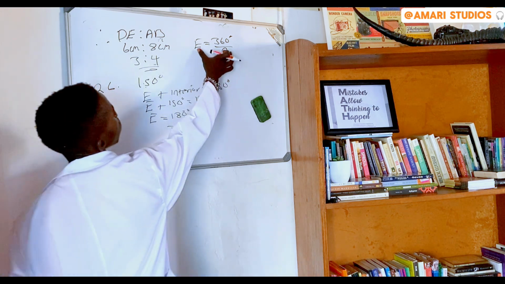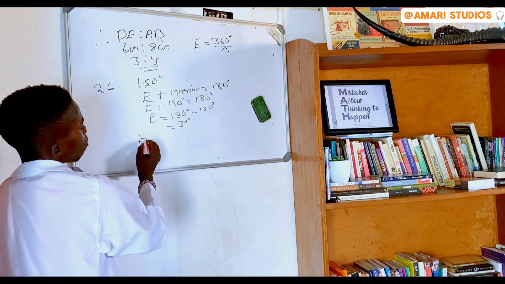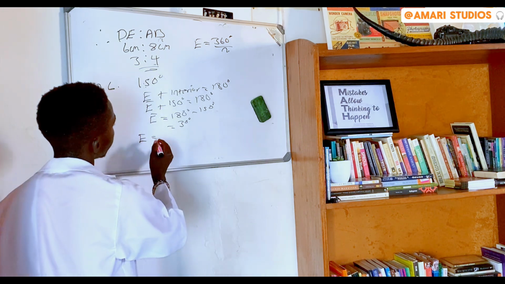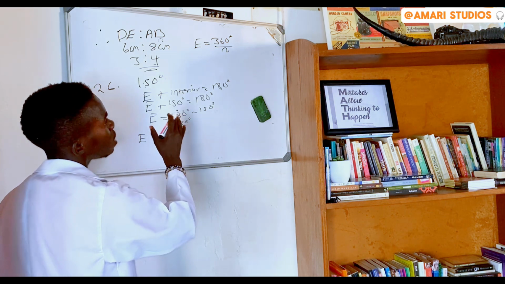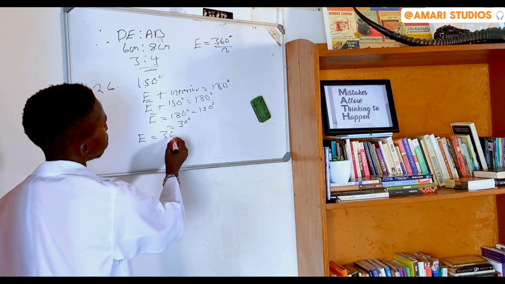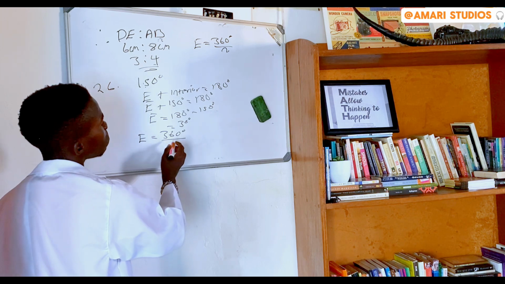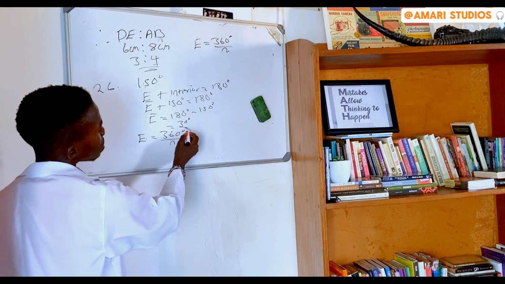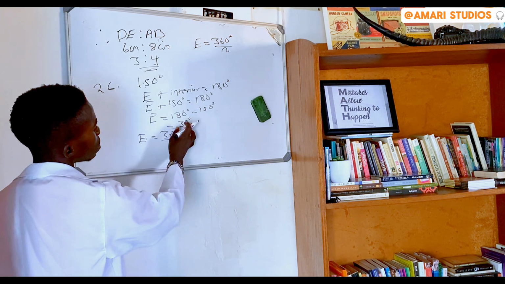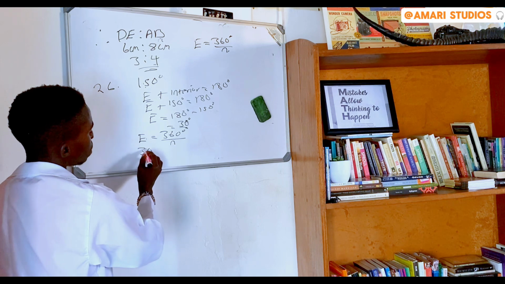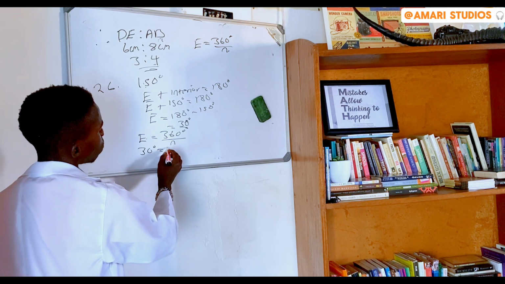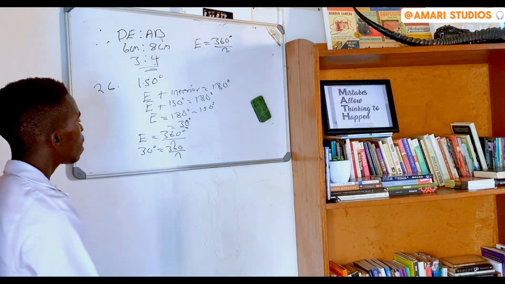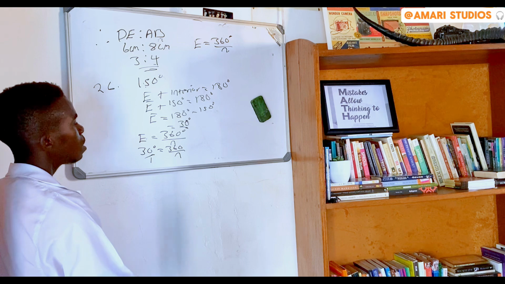Now, using this formula, we are going to find the number of sides, of which you say exterior angle is equal to the total number of angles, which is actually 360 degrees, divided by the number of sides. Now, where there's exterior angle, replace it with the exterior angle that you have found, which in this case is 30 degrees. Now, if you say 30 degrees is equal to 360 over n, cross multiplication,